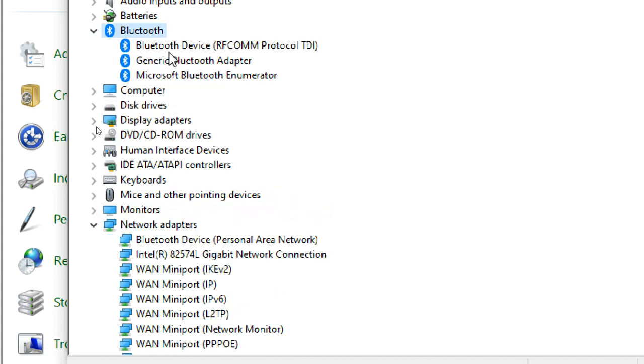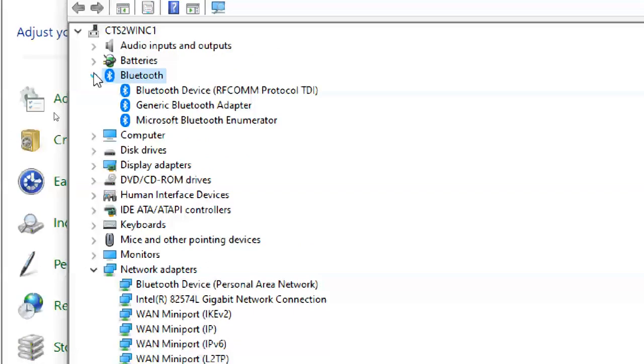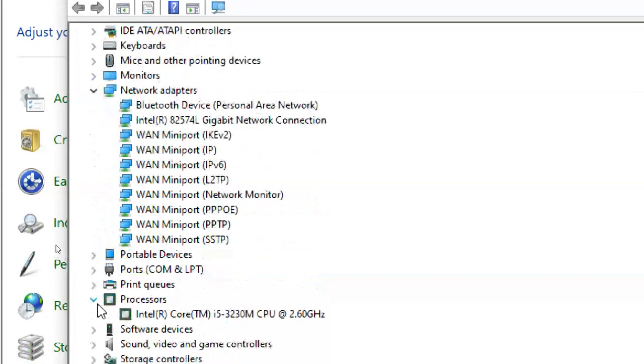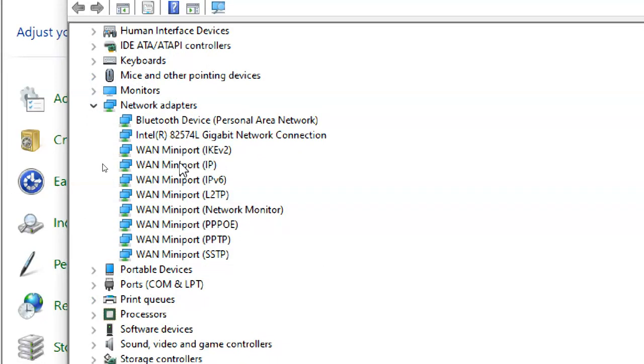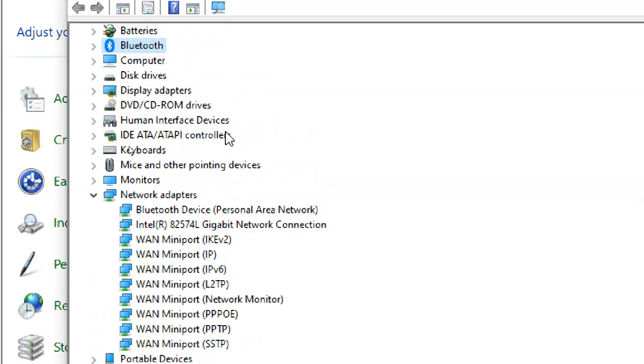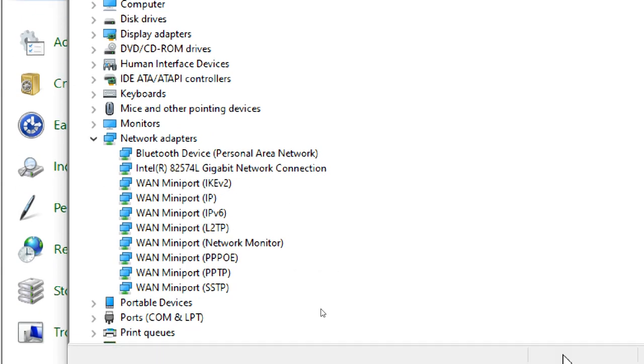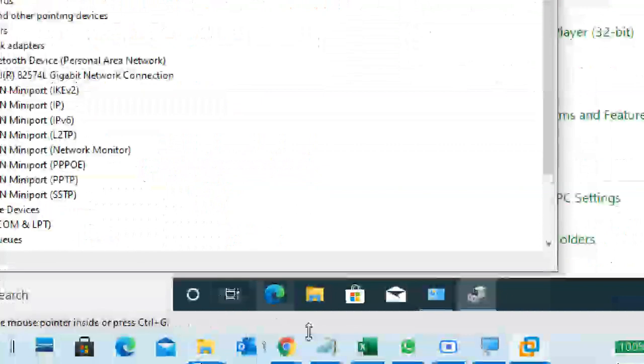Bluetooth, see, all the devices which are installed. If you don't install a particular one, for example, the Bluetooth hardware is there but you didn't install the driver, what happened? It shows a big yellow question mark. It finds the device, but you do not understand.